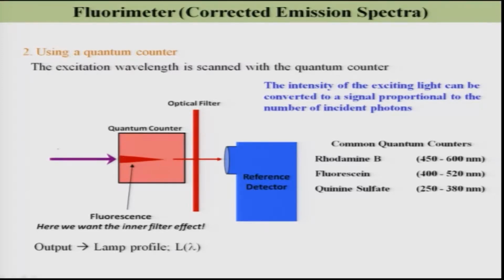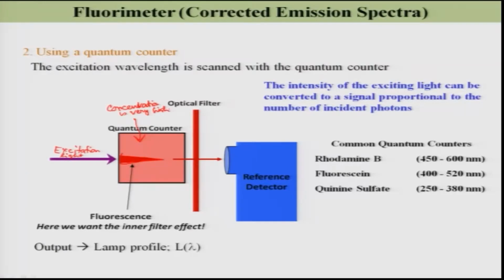So, in this case, this is my excitation light, and it will be completely absorbed by the sample, as shown over here. It will not pass through the sample, because whatever molecule you have taken, the concentration is very high,